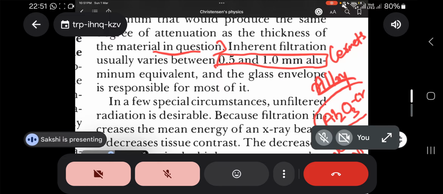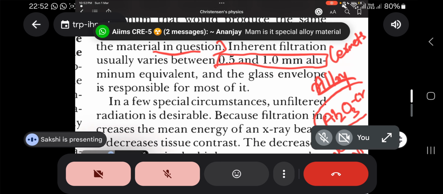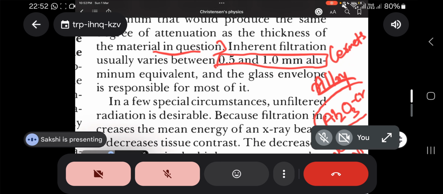Borosilicate glass is utilized in specialized X-ray tubes, but not in every X-ray tube. Modern X-ray vacuum tube is made of borosilicate glass. No, this question is wrong. That is right, what you are saying. If they are saying metal envelope, then they should mention that ceramic metal, na? Not only metal envelope. I think that was the conclusion we came to, no?